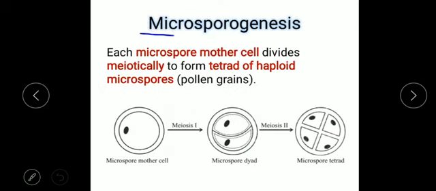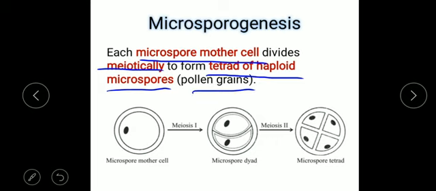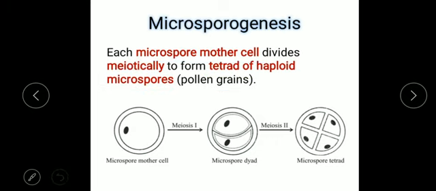Okay, so this was about the layers or the wall of the anther. Now the next part is microsporogenesis. Genesis means formation and microspore is a pollen grain. Here we will see how exactly the pollen grain develops or forms. The microspore mother cell, which is diploid in nature, will divide meiotically. Meiosis is a reductional division. So the diploid mother cell will undergo meiotic division to form a tetrad of 4 haploid microspores, which are called pollen grains. Like this the pollen grains form.